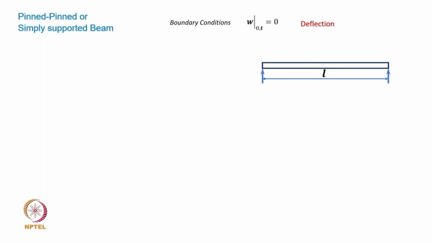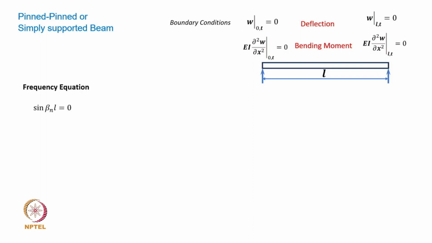You all know that a simply supported beam will have zero deflection at x equal to 0 as well as x equal to L, and because there is no restraint in the slope at the simply supported ends, the bending moment is also going to be 0, and therefore these four will now form the four boundary conditions of a simply supported beam. And again, going by the general solution W(x, t), if you substitute these boundary conditions